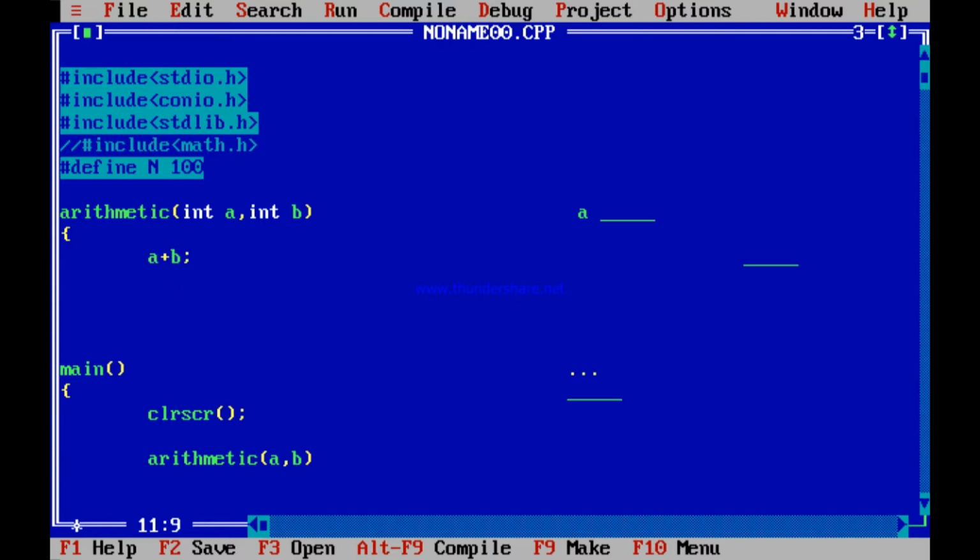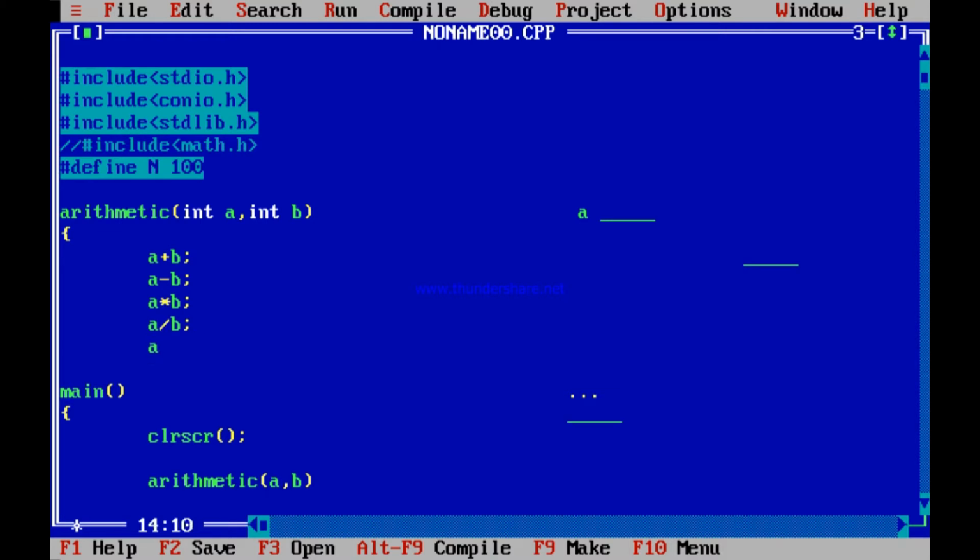My job is to subtract, that is a minus b. Where to store, I am coming back to it. My job is to multiply a and b, a into b. My job is to divide a by b. And finally my job is to divide a by b and find the remainder.